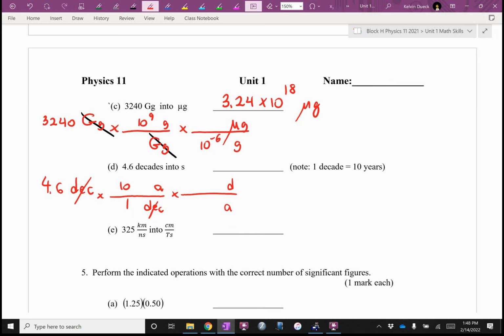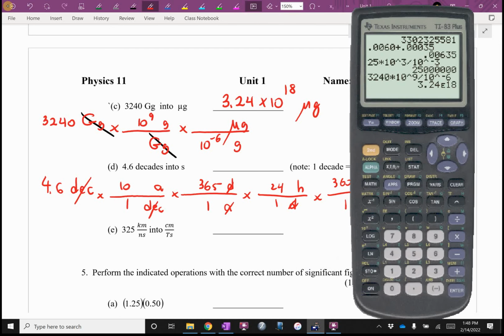I couldn't remember it, so I said, I know it's 365 days is 1 year, and I know that it's 24 hours is 1 day, and then I said it's 3,600 seconds in 1 hour, and I said, okay, I'm good to go. It's going to be 4.6 times 10 times 365 times 24 times 3600. And I got,